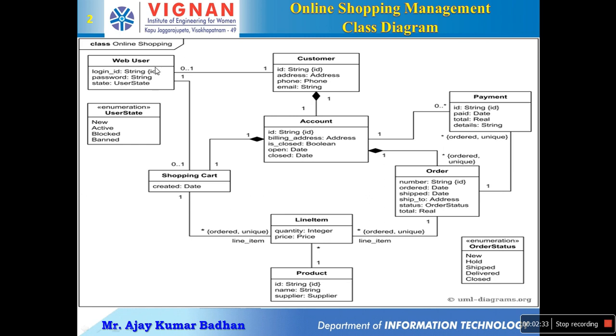You can understand from the attributes, for example login ID, which is a string. Web user means anytime a user wants to log in, they use this ID followed by a password. This is like logging in to Amazon shopping or Flipkart. You are just surfing some items, but whenever you want to order something, you definitely have to give a username and password. That is what is represented here. State we don't have to represent here, but it has been represented. But don't worry, if you don't represent it, it's not a problem.